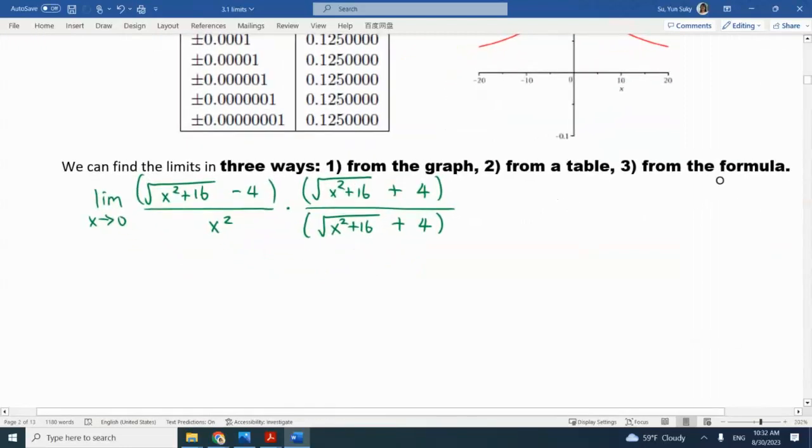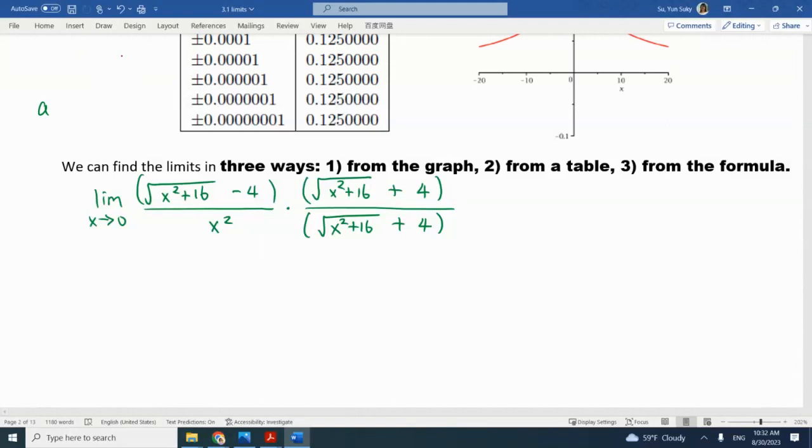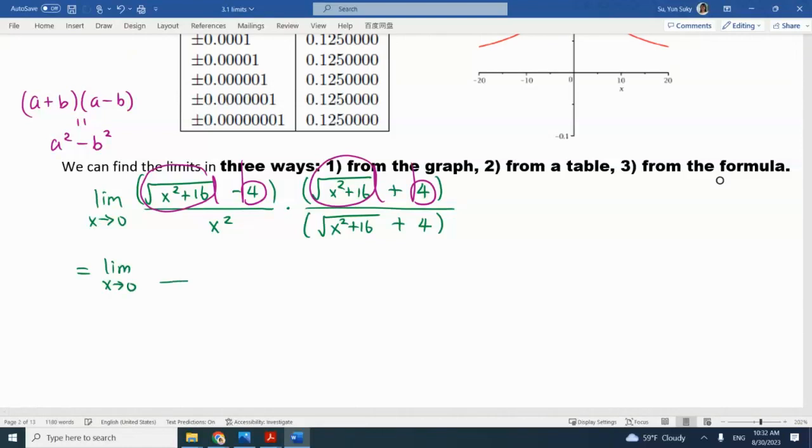So, yeah, difference of square roots, you multiply by the conjugate. Why do we do that? It's because we're using the formula (a plus b) times (a minus b) is a squared minus b squared. The square will get rid of the square root. Okay, everybody? So this is like A. This is like B. This is like A. This is like B. Therefore, you get the limit as x goes to 0.